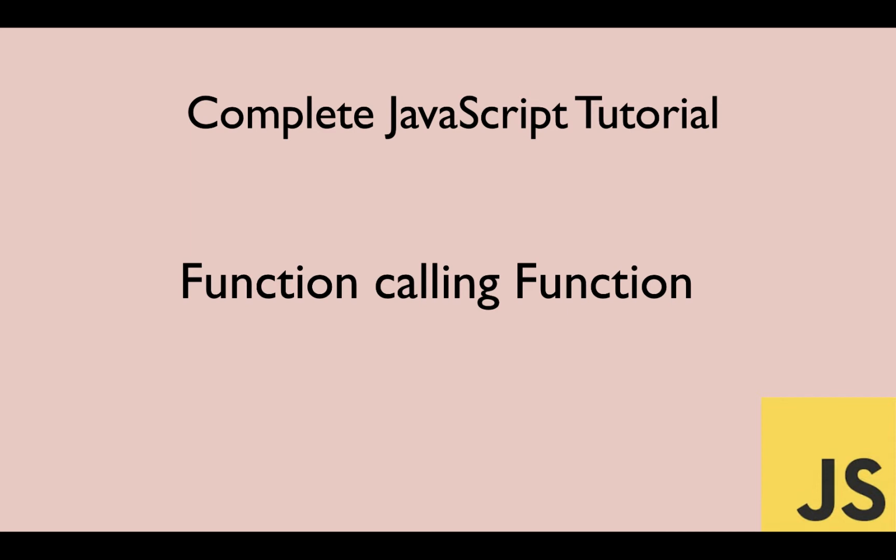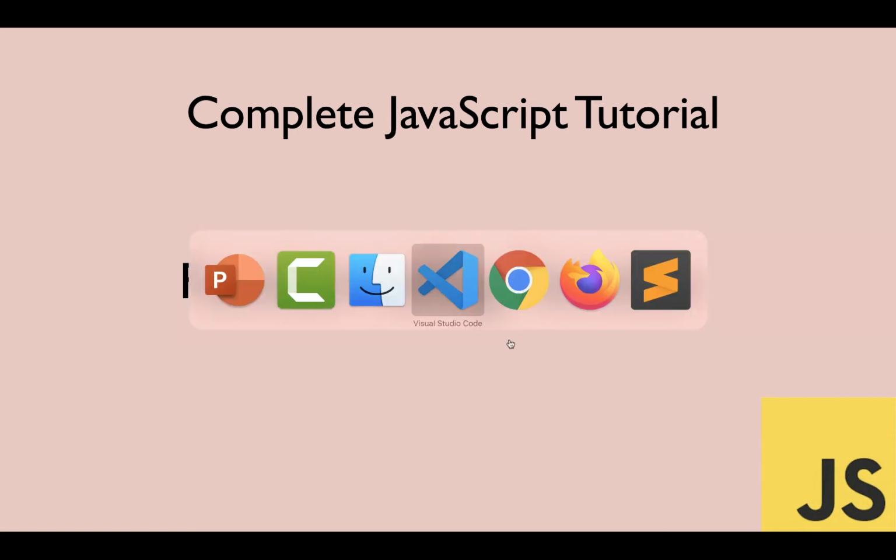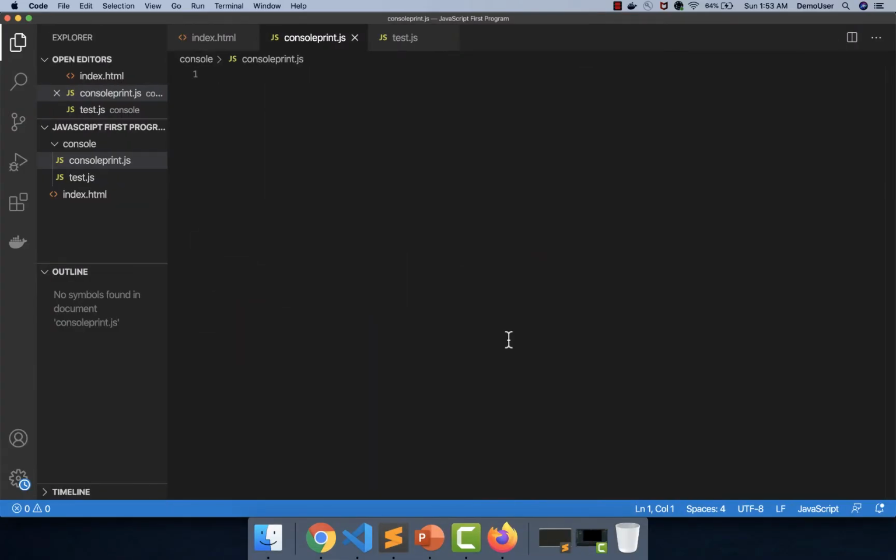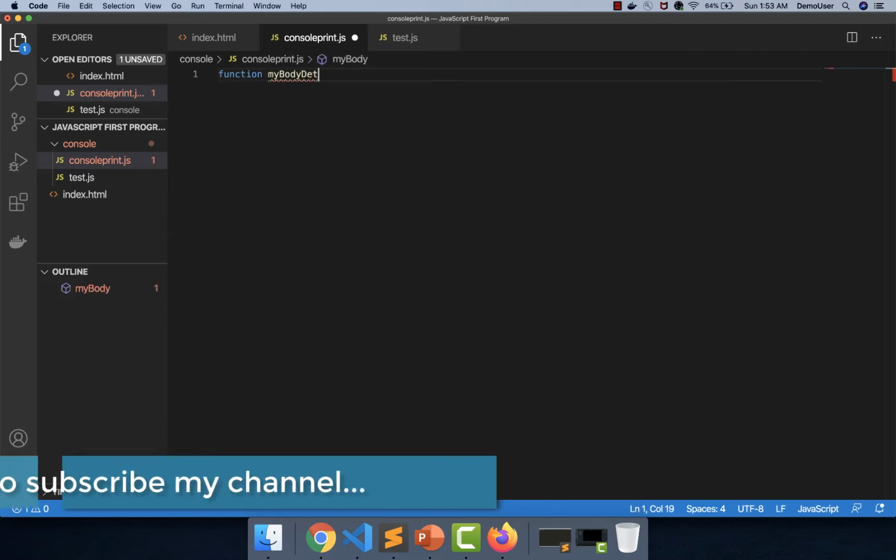Let's go to Visual Studio Code and start our practical session. I will open Visual Studio Code and let's say I'm trying to write a function which is going to display my body details. I will write a function with the keyword function and I will call it myBodyDetails,